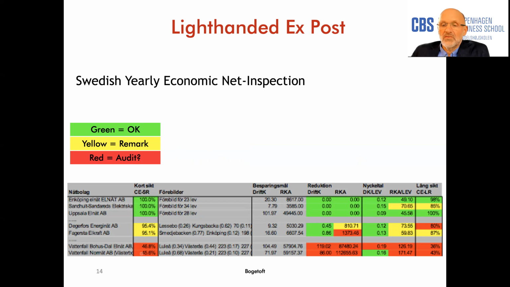And the idea of the regulator was that he just wanted to identify those that performed the worst, and then maybe he will take a closer look at those. He would also publicize this ranking or these efficiency scores, and then hope for the local politicians or local stakeholders in these various companies to try to put some pressure on these various networks. So that was the idea of the Swedish so-called light-handed regulation.